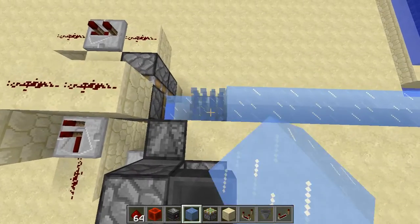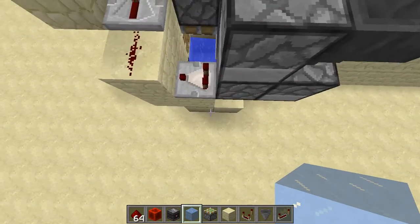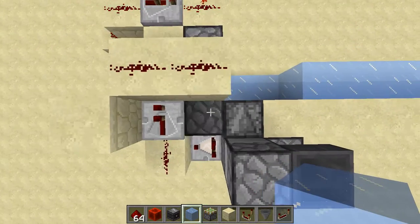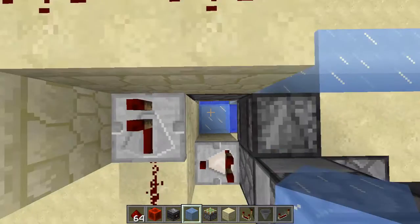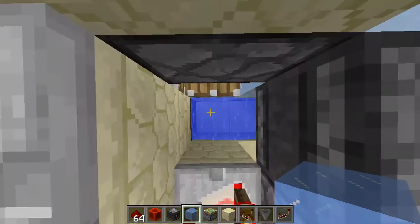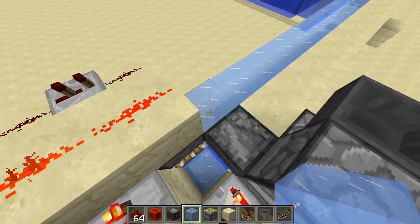So if we look, we have 2 spaces for ice. So now that this is exposed to the sky, it could freeze. So if there's ice, it got added to the storage. Ice got added to the storage. And now you'll see it's locked, so ice does nothing. But if I do this,